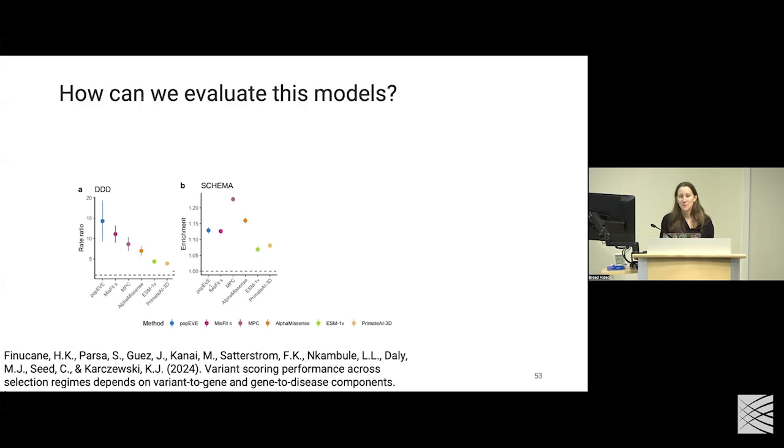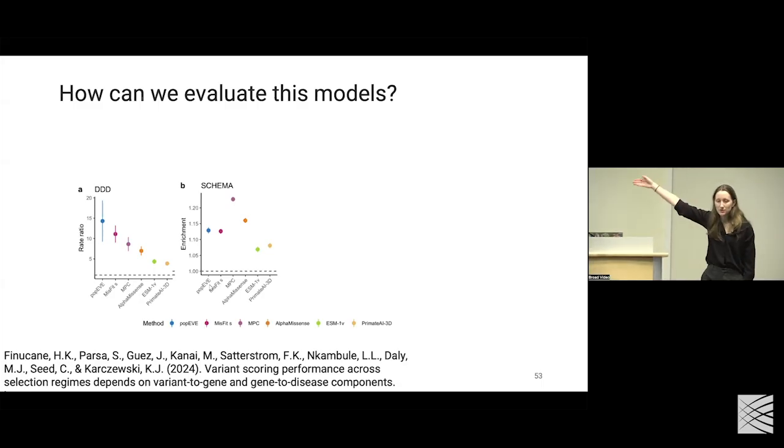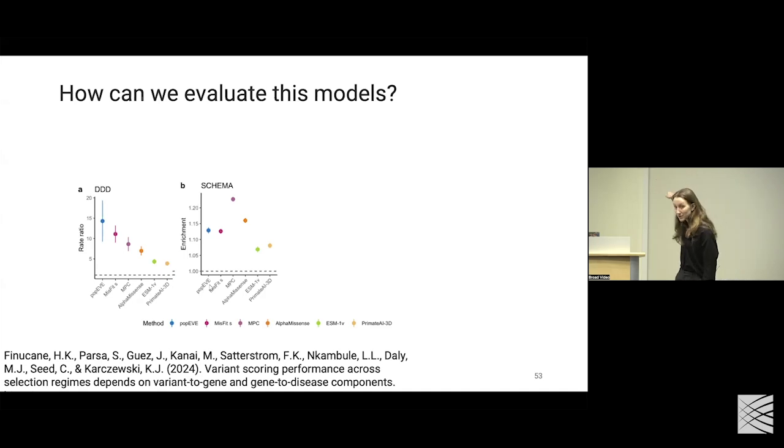We need to say, okay, what methods globally would be good for different questions. So for this next question, they're looking at rare variants in psychiatric conditions. I didn't mention this, sorry, but as I go across here, you can think of this as a spectrum. On the left, you might have things under the highest constraints, such as de novo variants. If you recall the spectrum from the beginning of my presentation, the ones all the way on the left would be variants under the strongest selection. They're not going to occur very often.